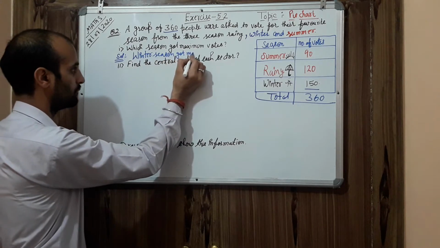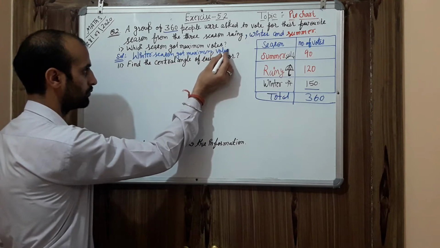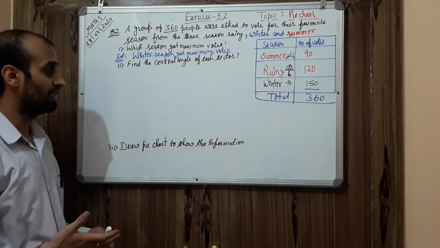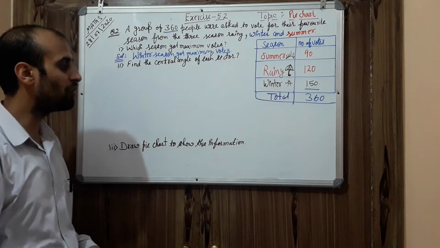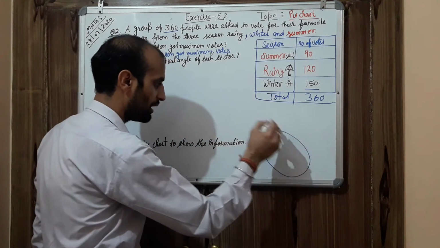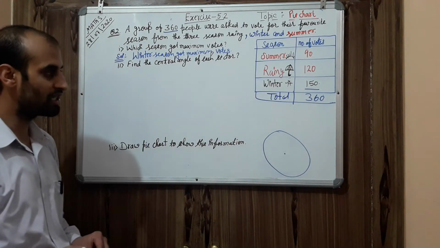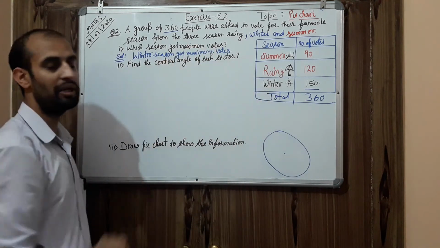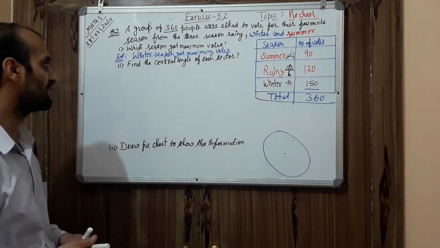Got maximum vote. First question is very easy, that is related to your maximum number of votes. Next, find the central angle of each sector. First, you must know whenever we are talking about pie chart. So in this we have pie chart. So this is complete 360. Question is that what is the angle made by winter season, what is the angle made by rainy season after drawing into pie chart. So let's see how to find out the central angle.